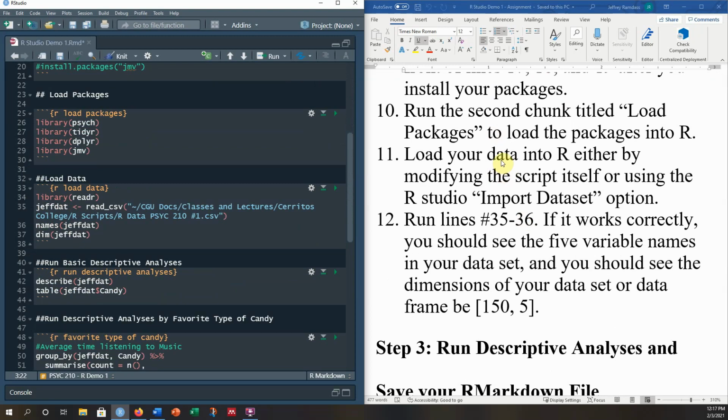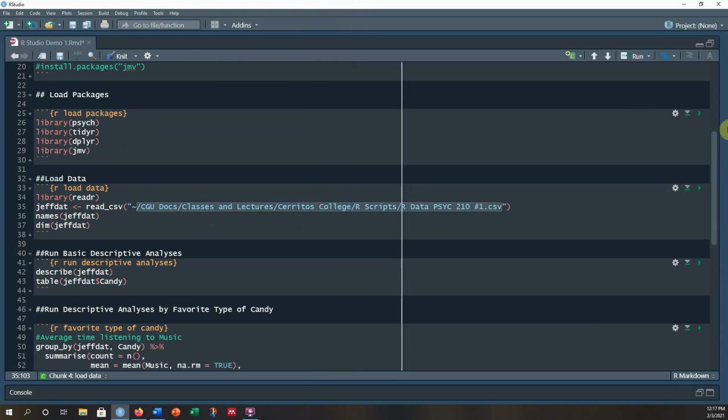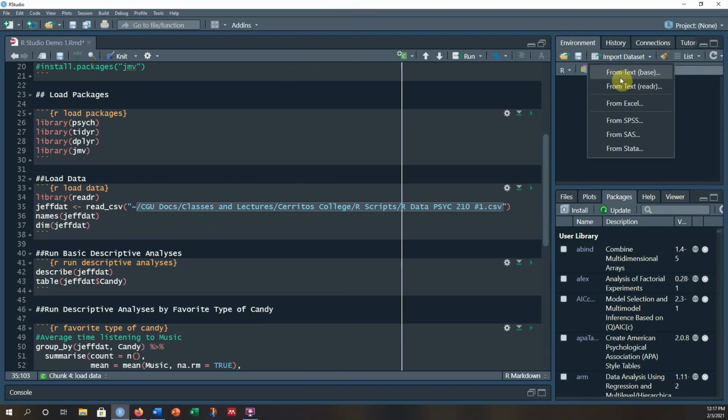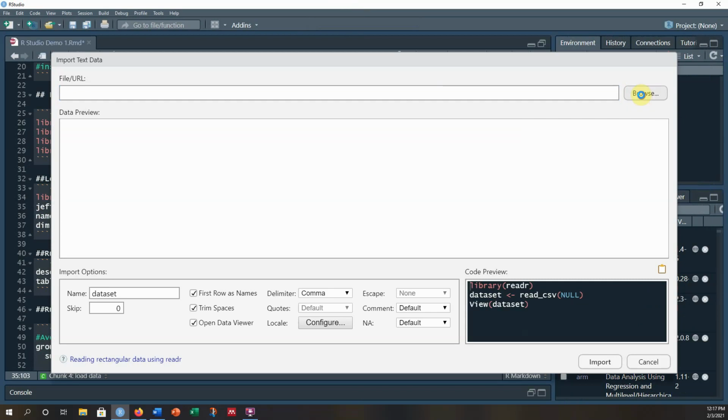And you'll notice that you can either type in this location to your data file manually and replace this path here with where your file is saved, including the file name, or we can go back to the Environment tab, click on Import Data, go to Library Read R,